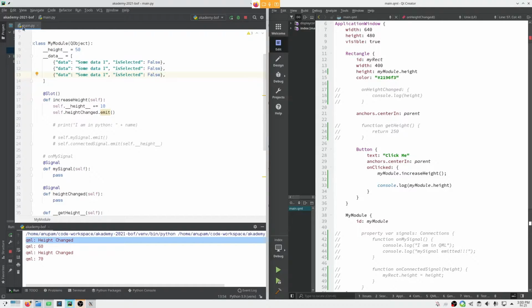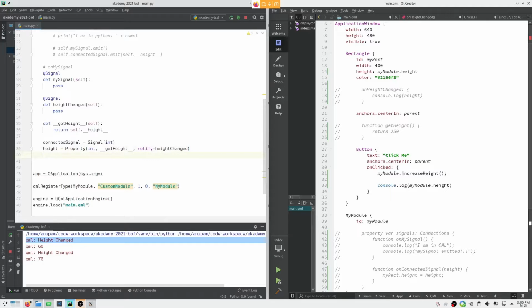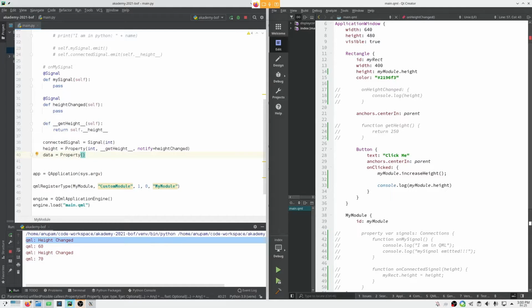We want to expose this data list to QML, iterate on this data, and create a list of text as defined in this key. To do that, I will define another property just like the height property. I would say that property is named data. I would instantiate an object of class Property.